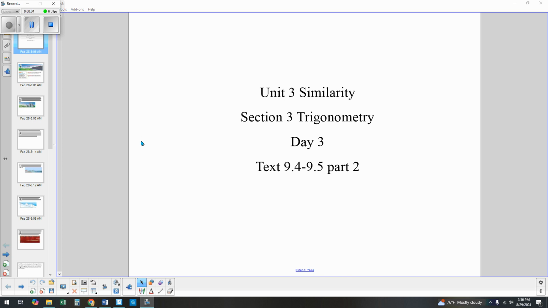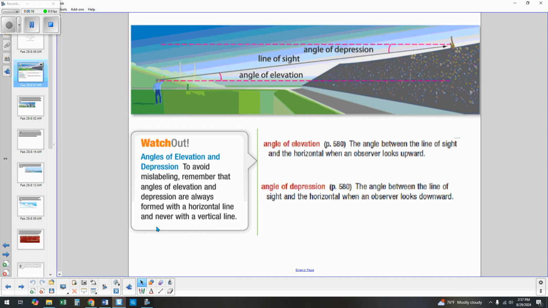We are continuing our trigonometry lessons. We're going to continue to use stuff from sections 9.4 and 9.5 that we did not get to last time, specifically the word problems. So the main features of word problems with trigonometry are going to be the words angle of elevation or angle